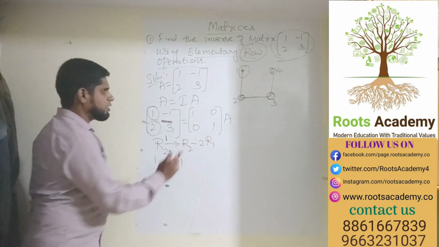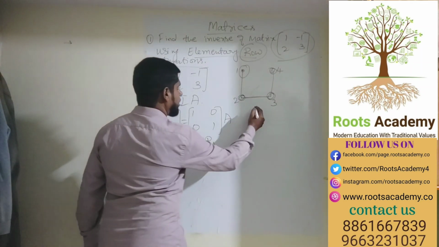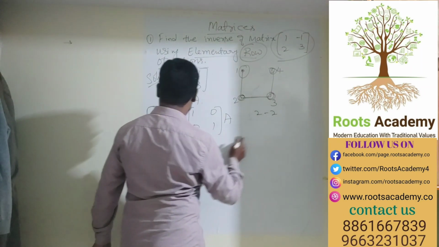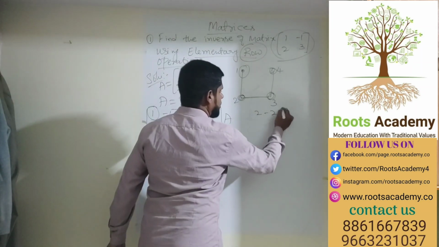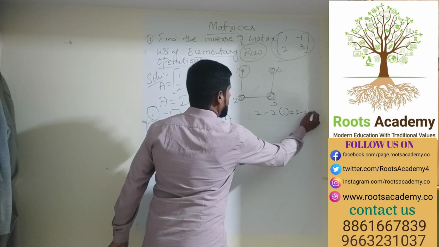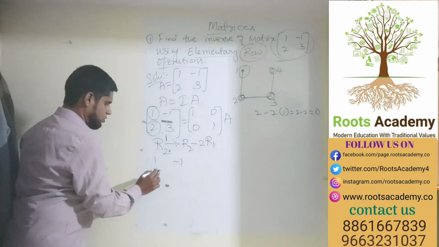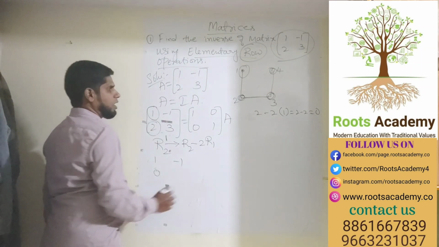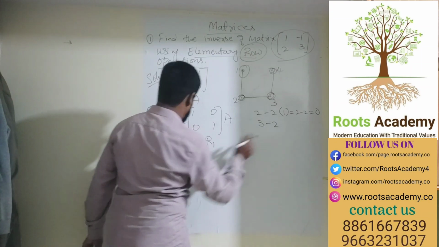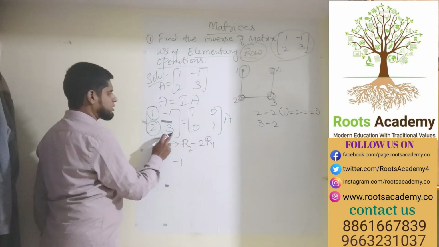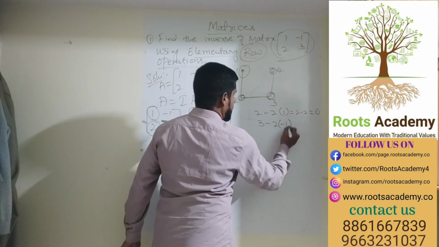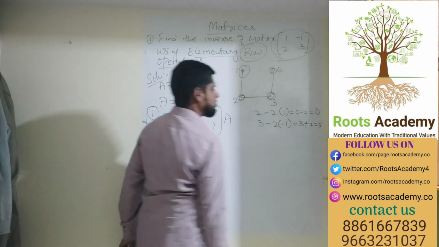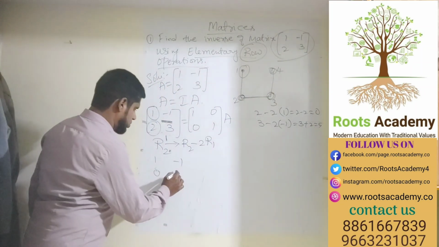Now student, here if I take this, I'll write it here. 2 is second row minus 2 times R1. R1 is 1. So this is 2 minus 2, it is 0. Okay, I got 0 here. Next, the second element of R2 is 3 minus 2, corresponding to this 3, R1 is minus 1. So it is 3 minus 2 into minus 1, plus 2. Answer is 5. So this is 5.